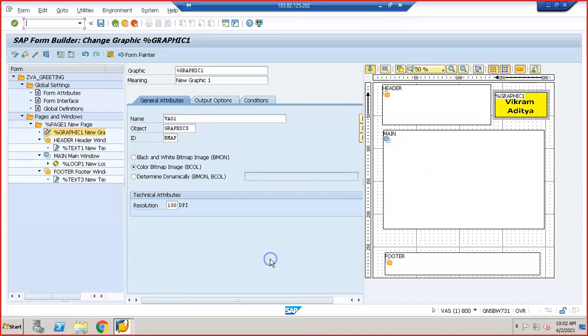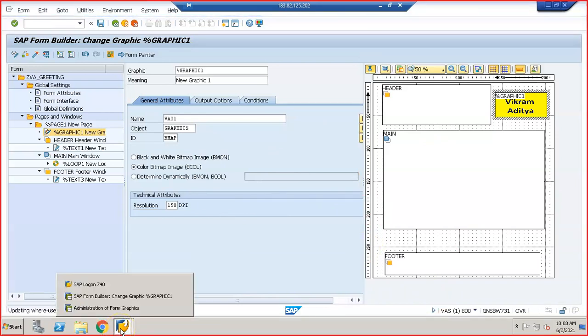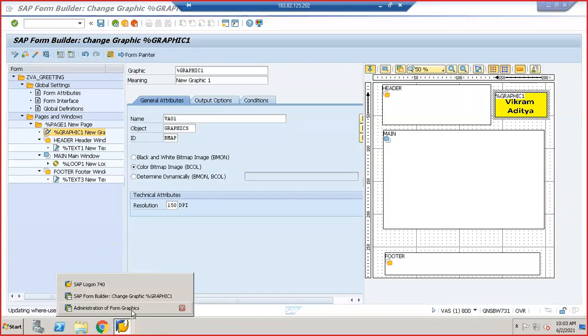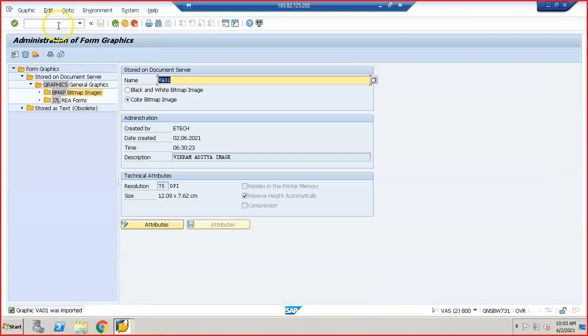Okay, so this is done, and we'll just activate it. And we can see this in the output, in the preview here as well, and obviously in the program as well. So we can go ahead and check this out in the program as well. Meanwhile, I'll start putting the transaction code and check this from the program as well.